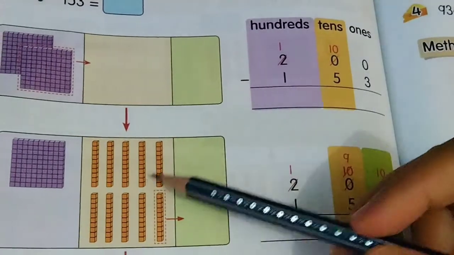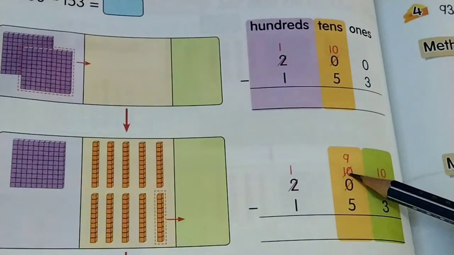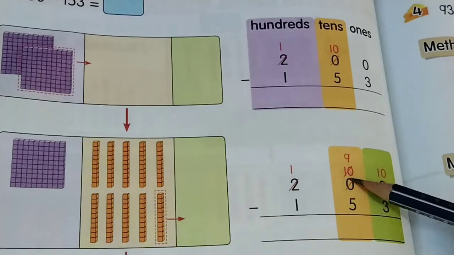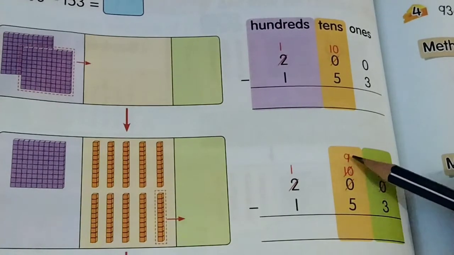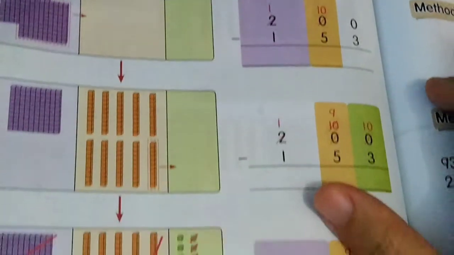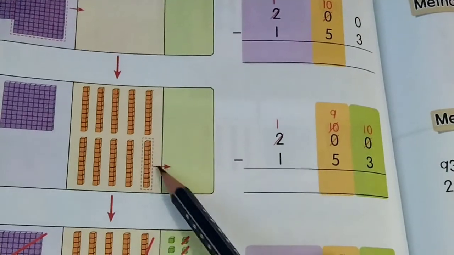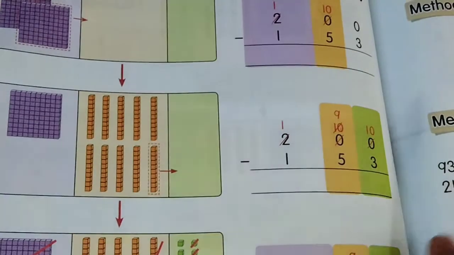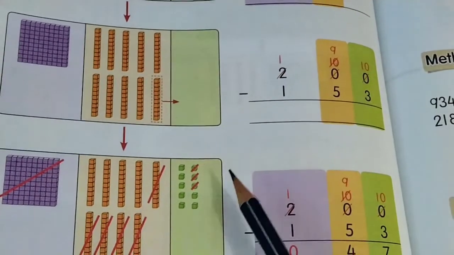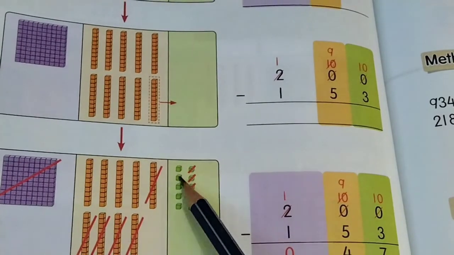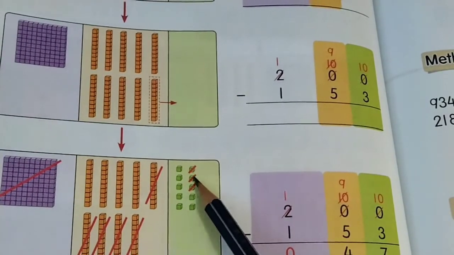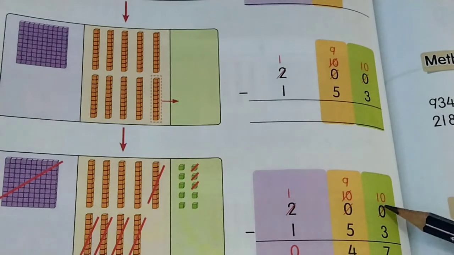And then from this 10, you're going to borrow for the place value 1. So 9, you're going to take 1 from it and then it becomes 10. One of these, you're going to bring into place value 1. So 10 of it